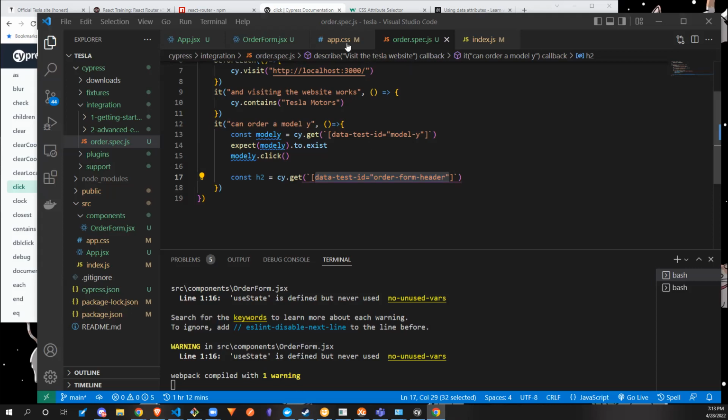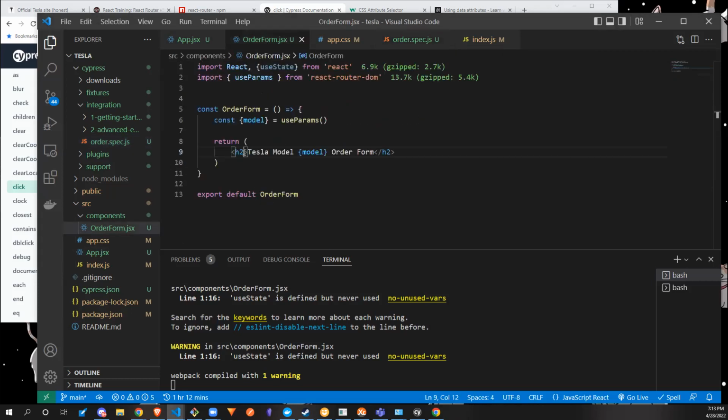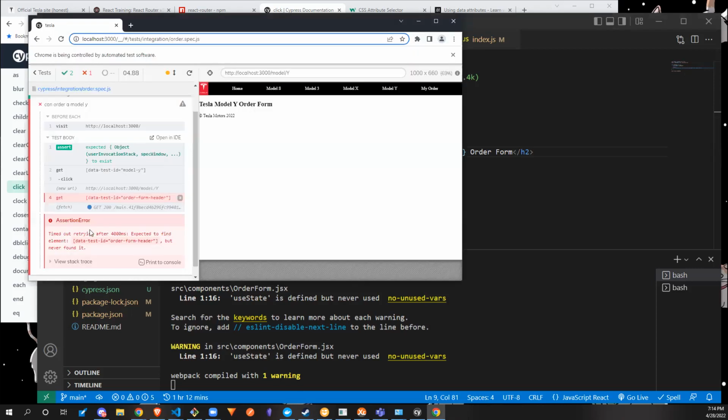Hopefully I haven't lost anybody yet. So what I'm going to do is put this data test ID right here to determine that we have made it to this page, right? The first thing I want to do, now that we're here, is make sure that this is here. Let me go ahead and save it. I'll drag this back over. I know this is tiny, but